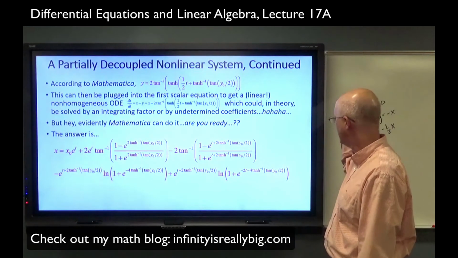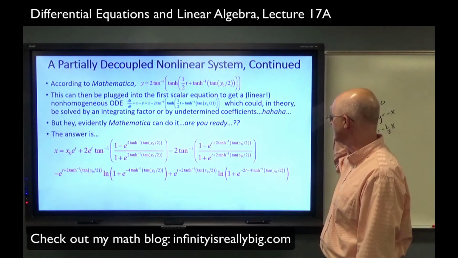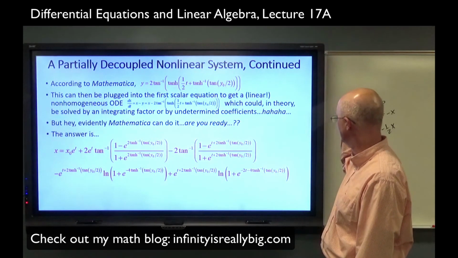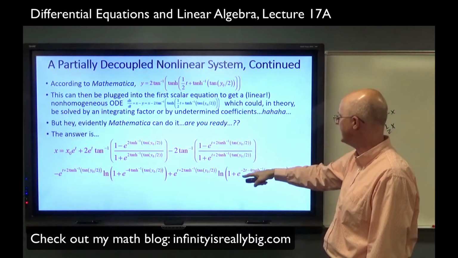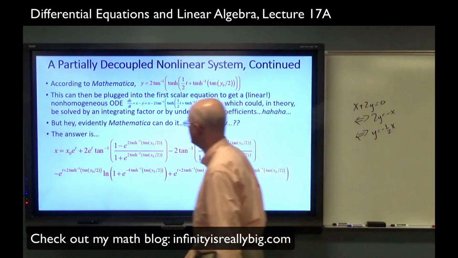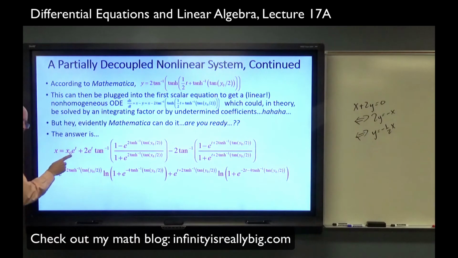Whoa! Involving a bunch of inverse tangents and inverse hyperbolic tangents in lots of weird ways. Natural log. Hey, here's a simple part of the formula: x0 e to the t, that's certainly a simple part, but everything else is a mess. That's what Mathematica produced, assuming I typed it correctly. There could be typos. I double-checked it, but